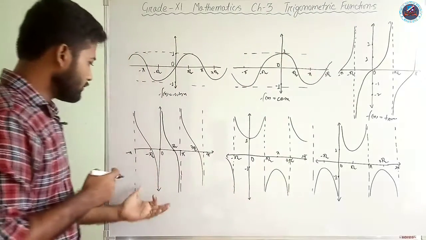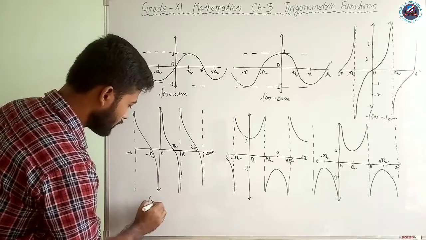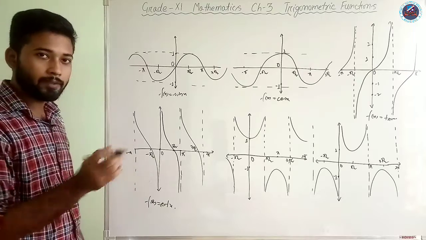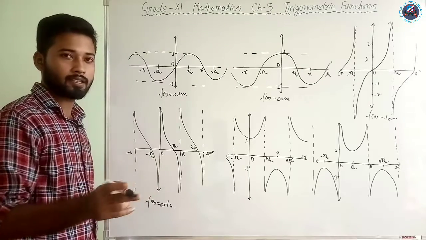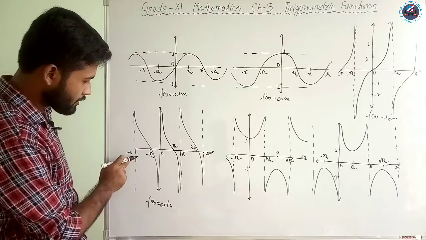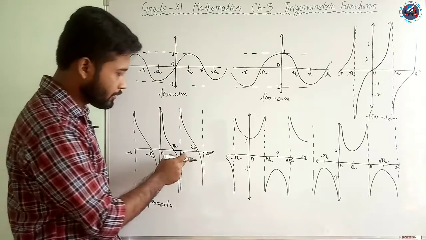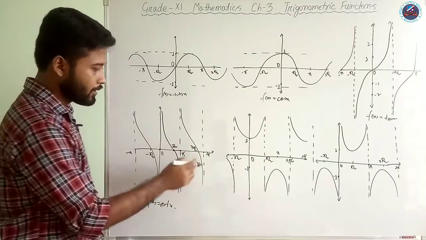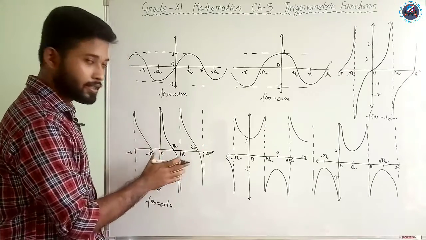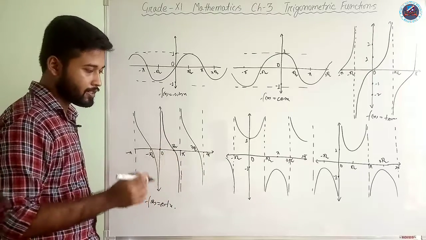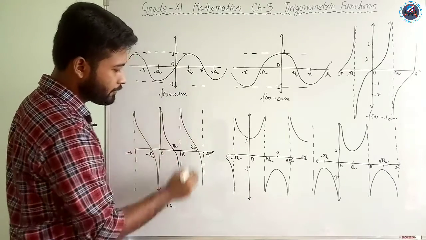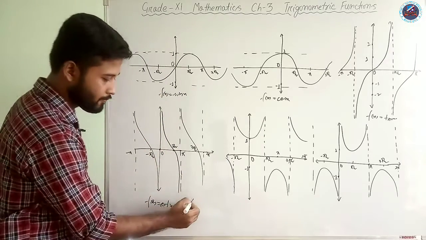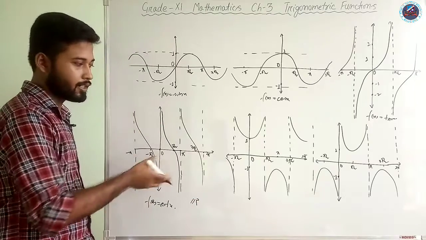Okay, now for the case of cot, this is the cot function. Similarly, we have not considered here x equal to nπ values. So we have not considered -π, we have not considered 0, then π, 2π. At these points the function is not defined, but you can see that as we trace the graph, it is tending towards infinity. This side is -infinity and that side is infinity. So the range here is the set of real numbers, it is considering all the values of the real numbers.